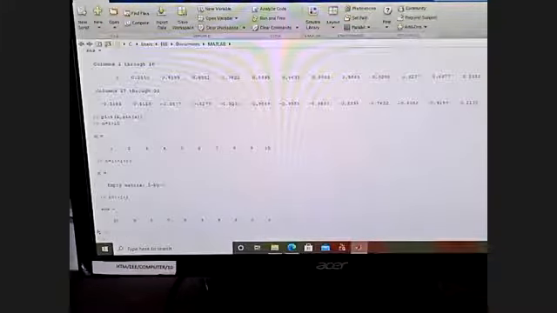I will take 10 colon minus 1 colon 1. Now see here, initial value is 10, 10 minus 1, 9, 9 minus 1, 8, 8 minus 1, 7, up to 1. Initial value is 10, final value is 1. The difference is minus 1.